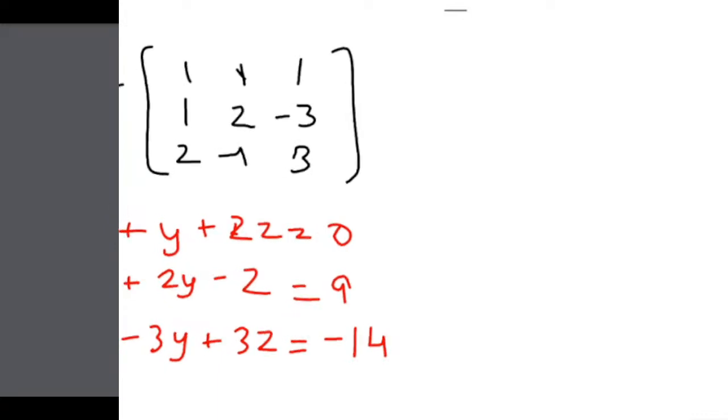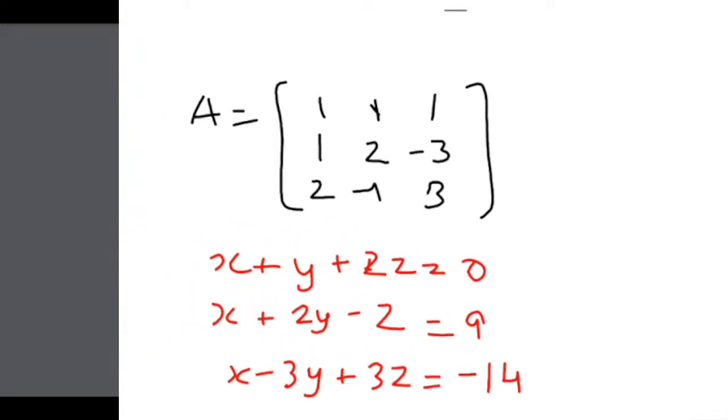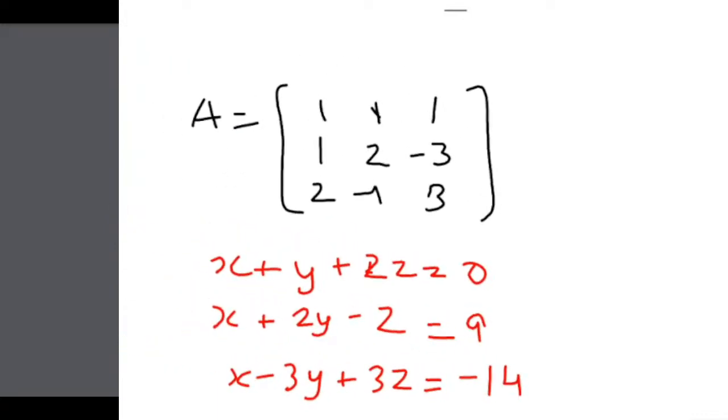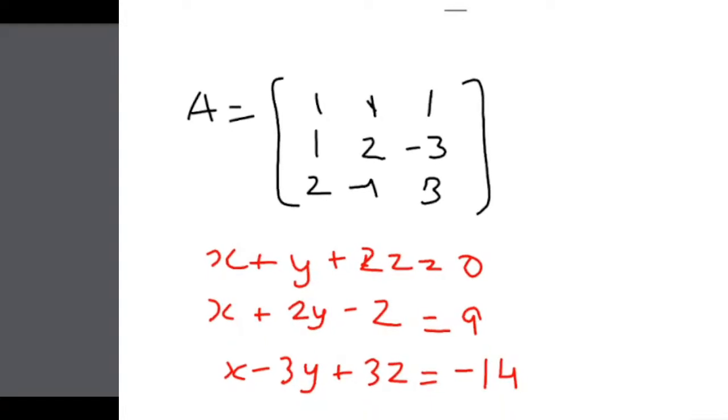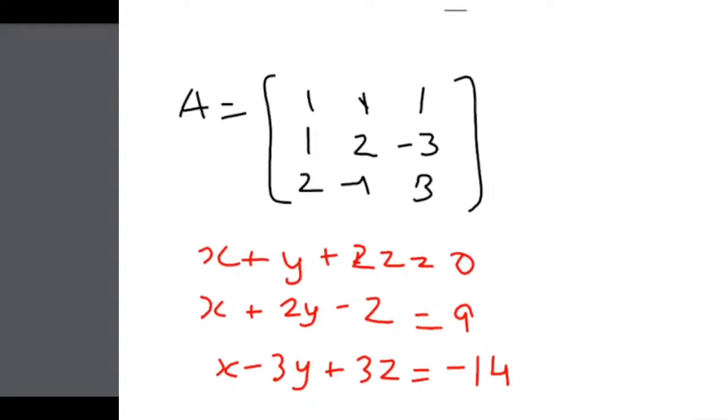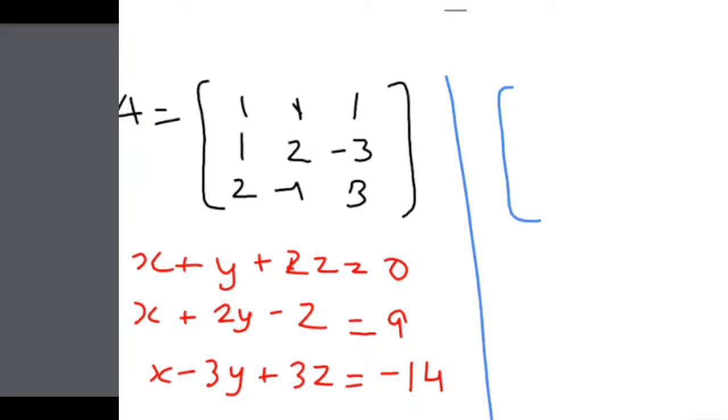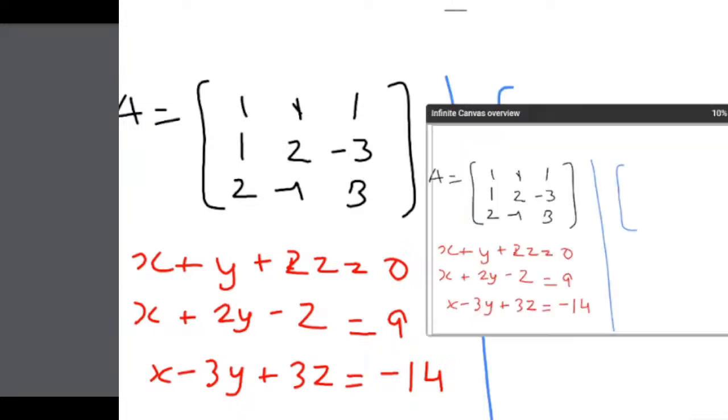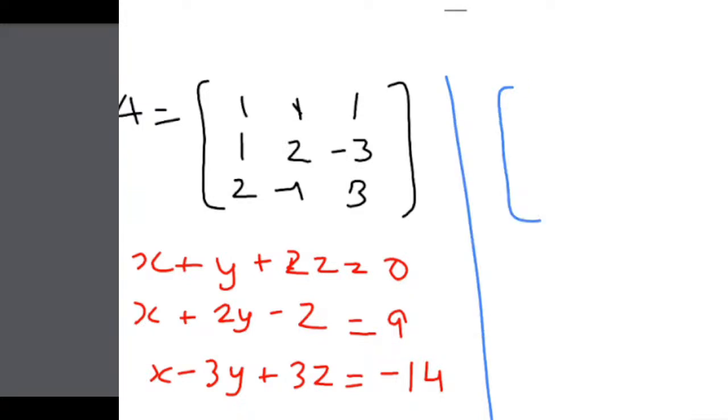So let us just find the cofactors of A. So what are the cofactors of A? Okay, so for 1, let us just write it. For 1, what is it? 2,